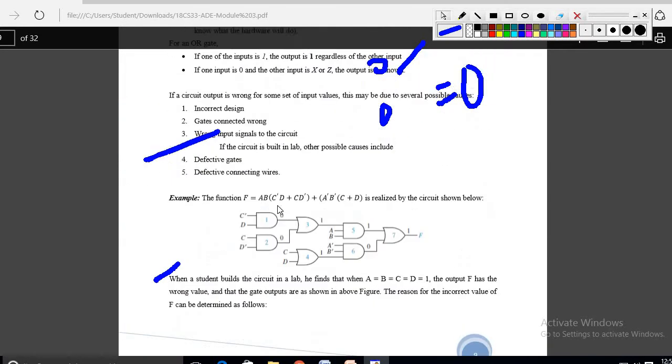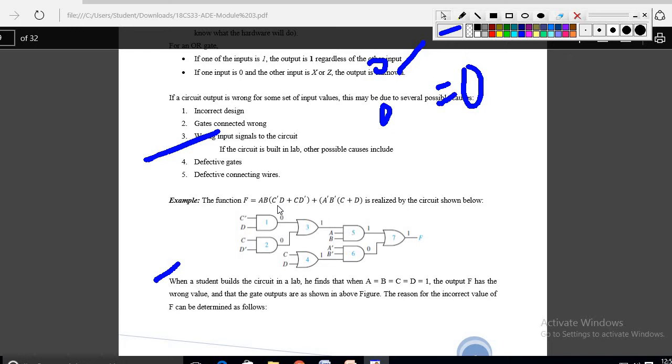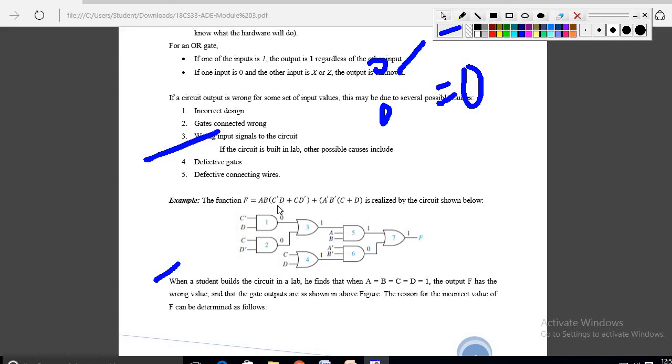Okay, in this way you have to test the circuit. Just simulate and test the circuit in this way. If the question has been given with an expression, first you have to write the logic diagram. Once you have written it, just write random values for each circuit. Let us assume it is 1 at the output side, so what happens if it is 0? Like that, take one by one from the output side to the input side, test, and write the reason for that. It is a similar way.